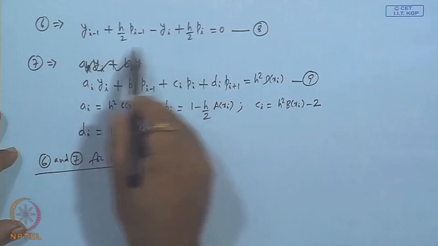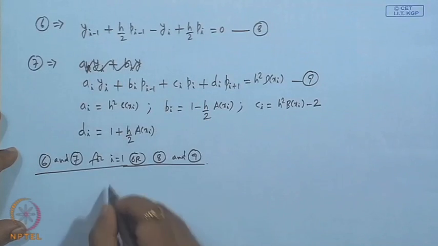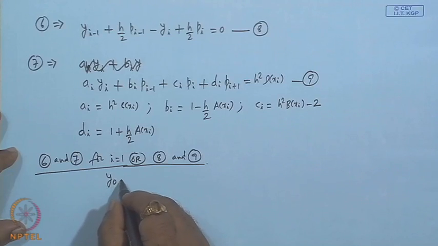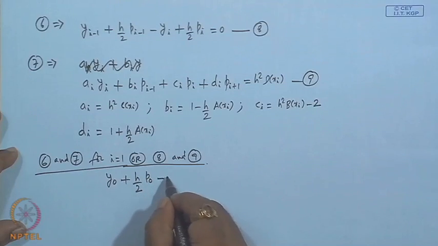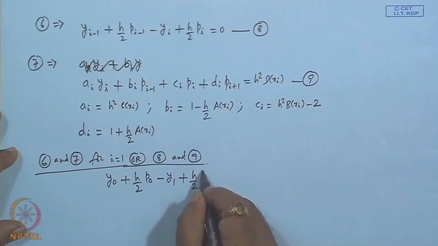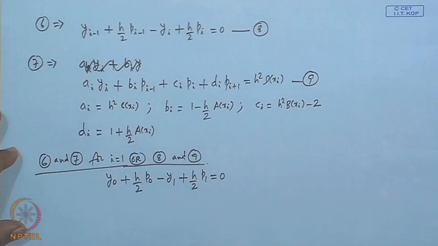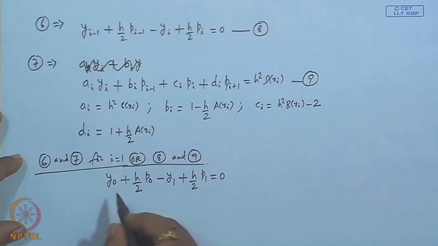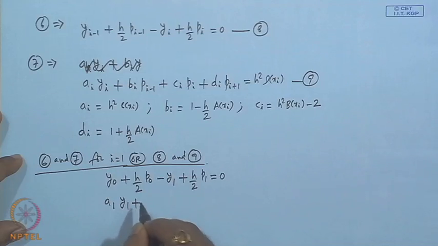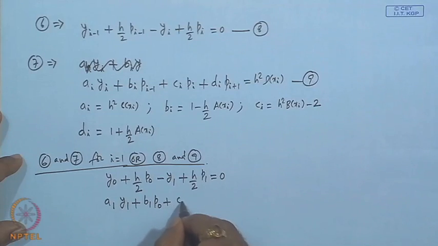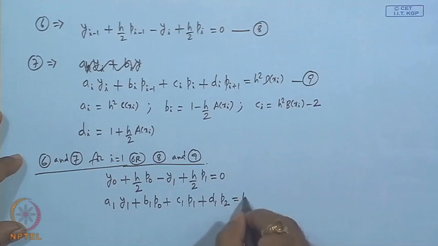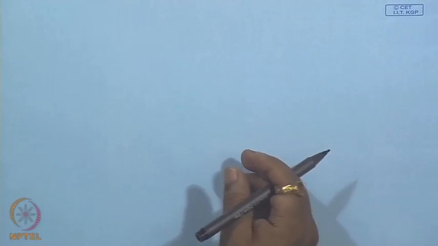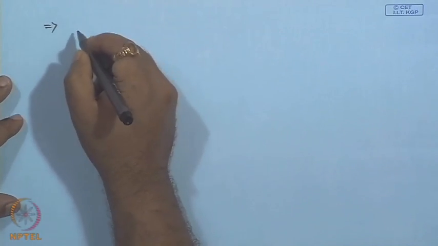So, from here when we write for I equals to 1, y 0 plus h by 2 p 0 y 1 p 1 equals to 0, and from here a 1 y 1 b 1 p 0 c 1 p 1 d 1 p 2. Okay. So, these can be written as